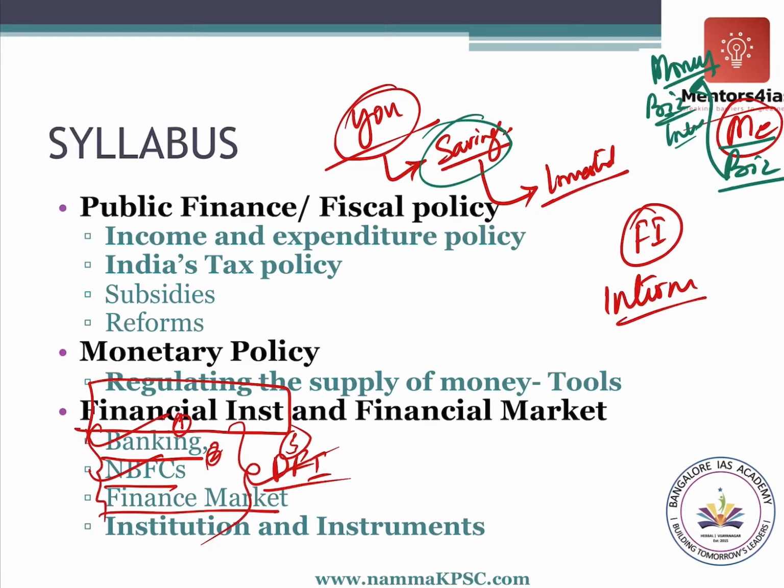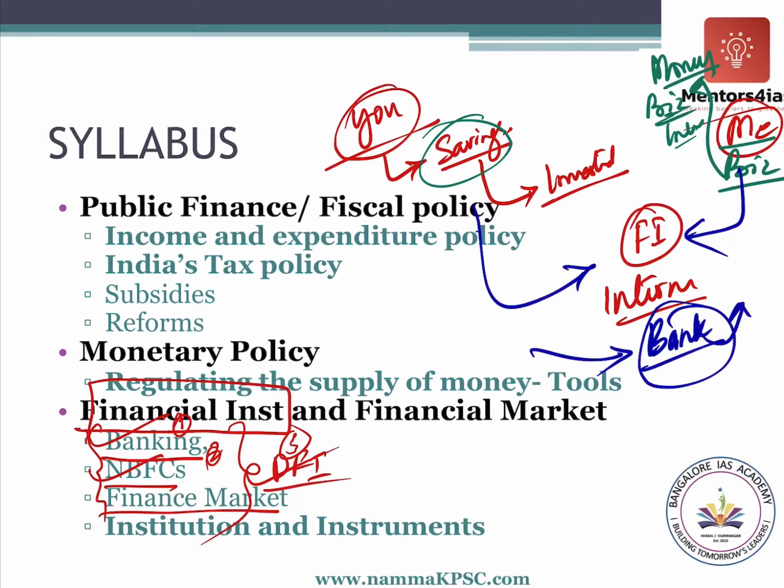So how do we meet? We meet through this financial institution. You will go to this financial institution and give your money, and I will go to this financial institution and take money. Let's take, for example, a simple bank. So you deposit your savings in the bank. What does the bank do? Bank will give it to businessmen like me or a farmer, etc., who needs money. A farmer needs money, he will go to the bank and he will take a loan. Bank will get money from whom? It will get it from people like you who have savings. So these are financial intermediaries.